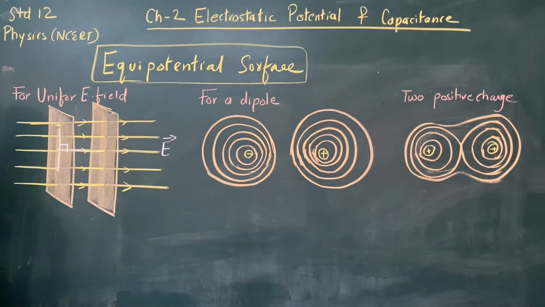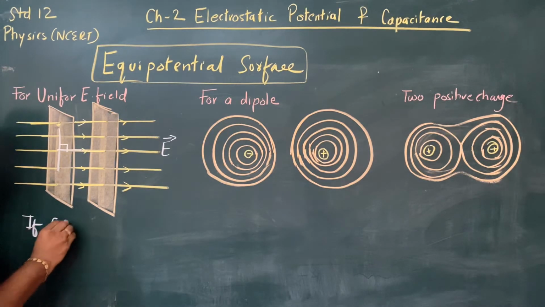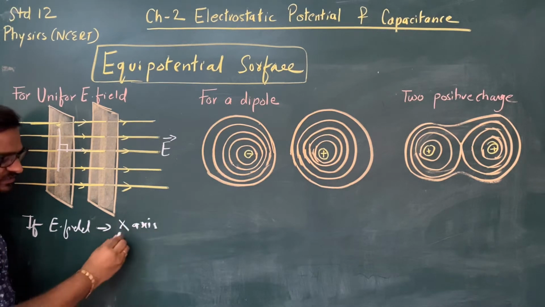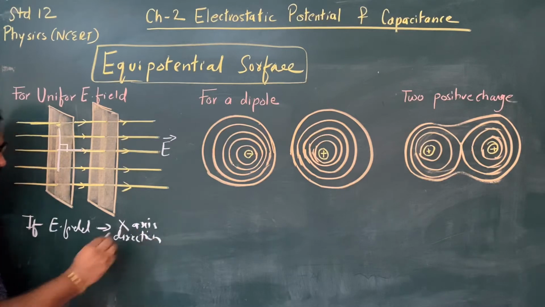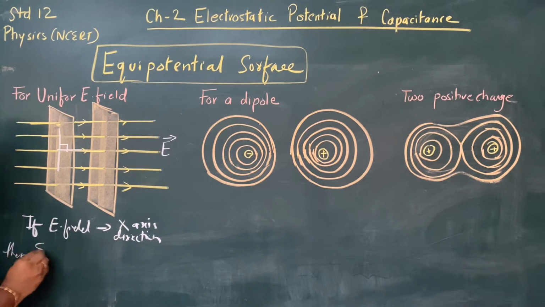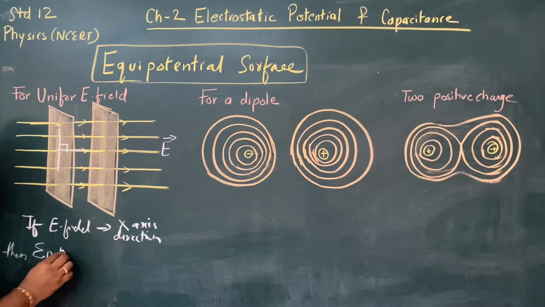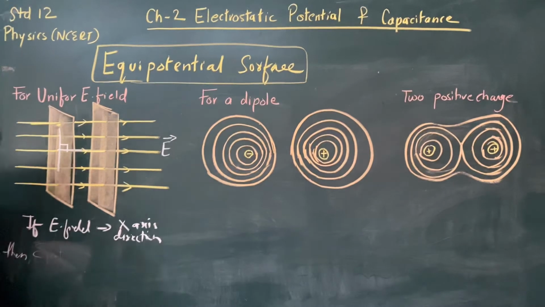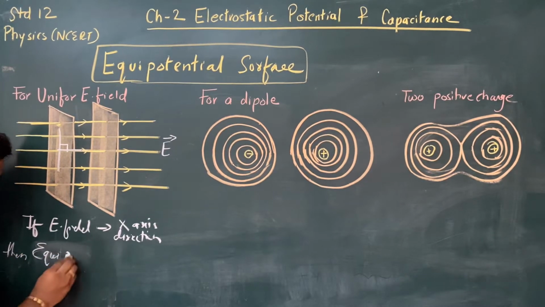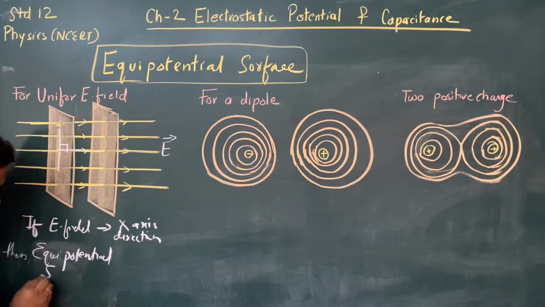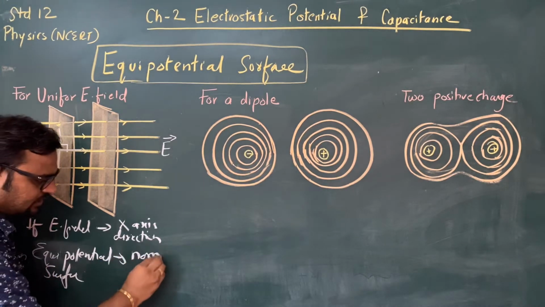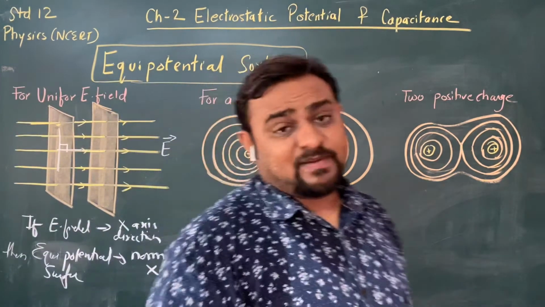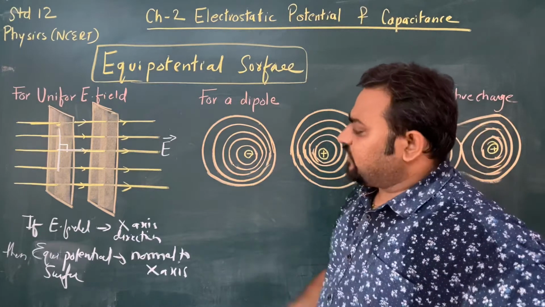perpendicular to the field. Means if the electric field is towards the x-axis, then the equipotential surface will be normal to the x-axis. So if the electric field is in the x direction, the equipotential surface will be normal